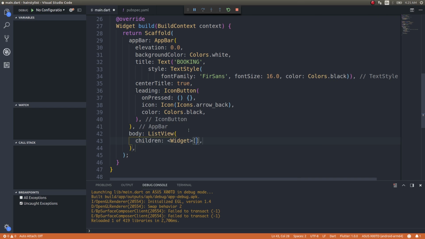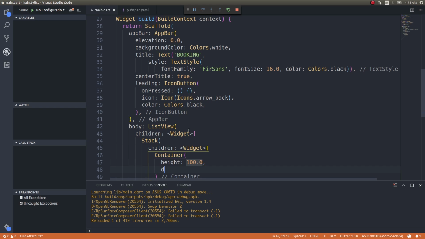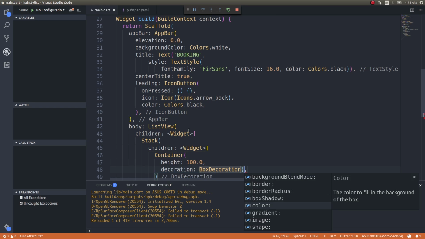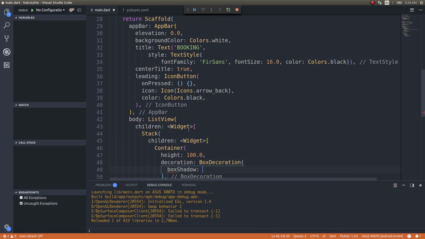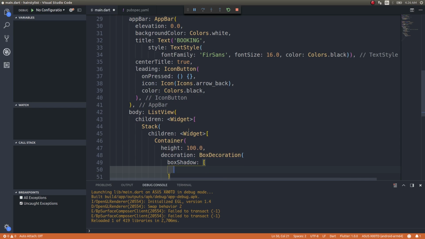I'm having a list view, and inside this I have some children. I'll use a stack so that I can place a container with the white. The first child will be a container, and this container will have a height of about 100 units maybe, and decoration would be box decoration, box shadow to get that shadow at the bottom, and blur radius, I'll give it as